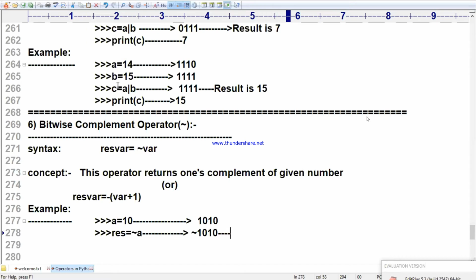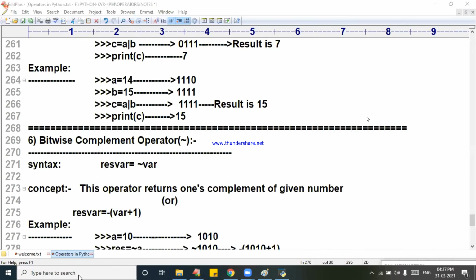That is equal to, I am applying minus of 1010, and then you are adding plus 1. That means when you are adding 1010 plus 1, it is like this. Let me come to the paintbrush once.